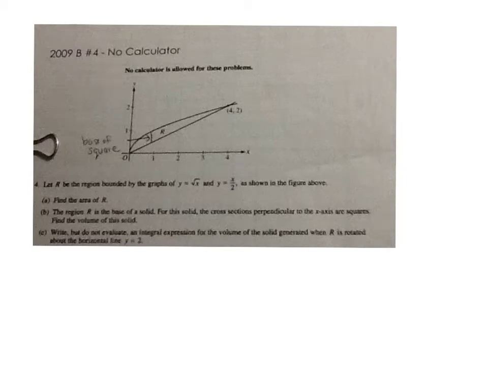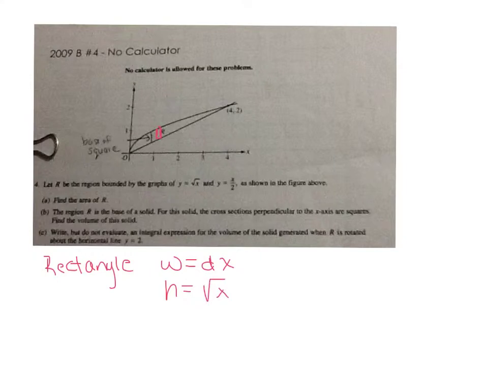Okay, so this is the last practice problem that I gave you guys right before you left. There's no calculator for this, and the first question is to find the area of region R. So each of these little sections is made up of a rectangle with a width and a height that is the upper function minus the lower function, which is square root of x minus x